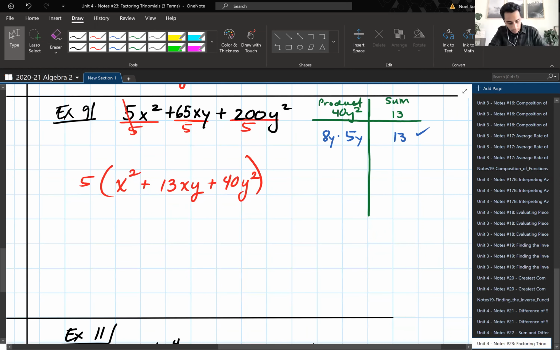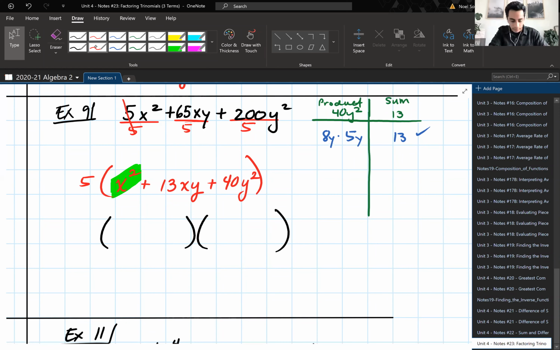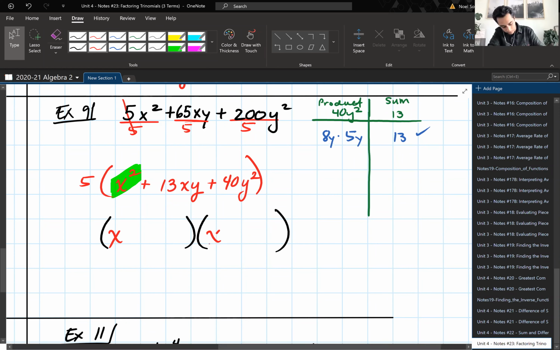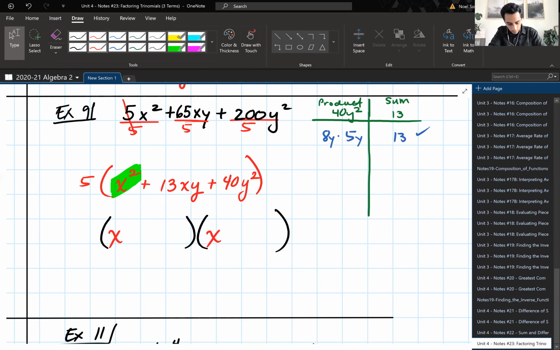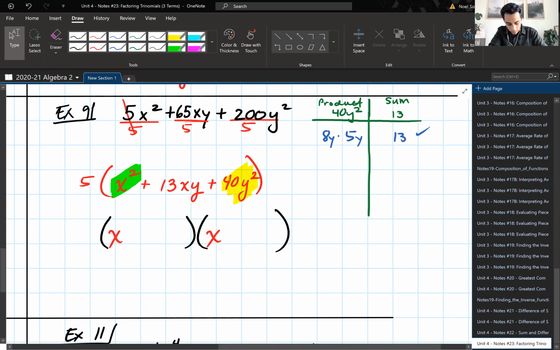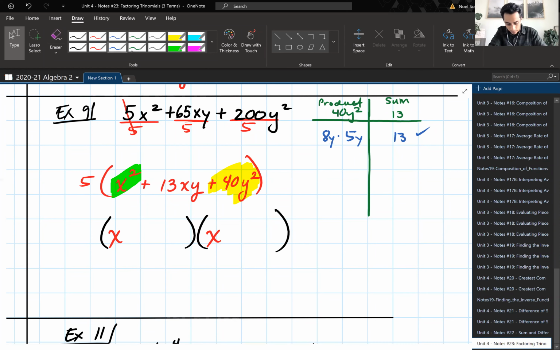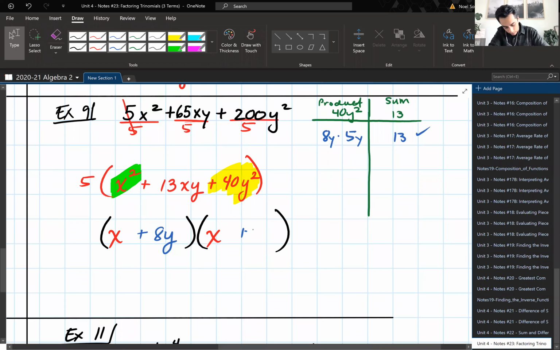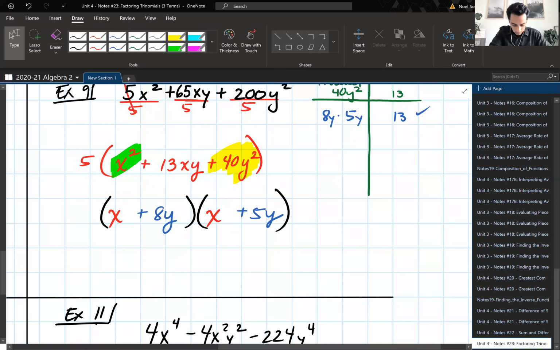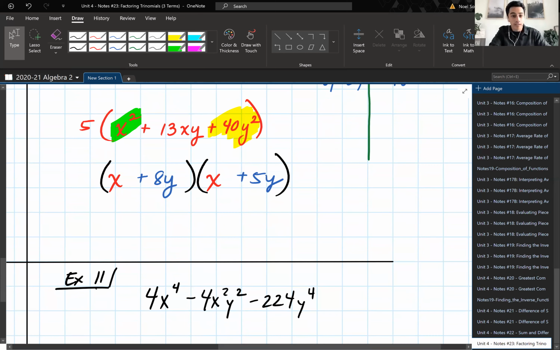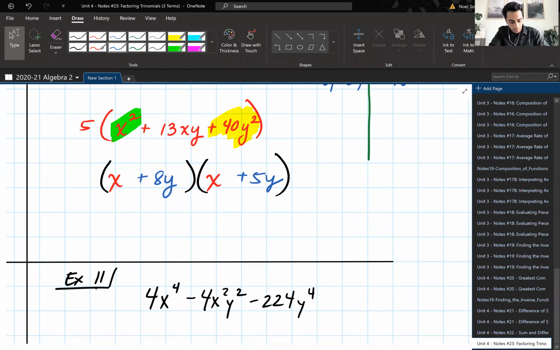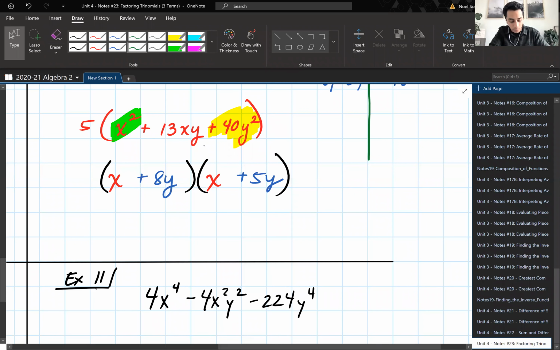So watch this. We're going to open up the factors. In order to get x squared, the only way that that factors is to have x times x. In order to get the positive 40y squared, we needed the factors positive 8y and positive 5y. And maybe you can see how the 13xy comes to be, because now we're going to double check to make sure that those middle terms add up to be 13xy. So when you apply double happy face,